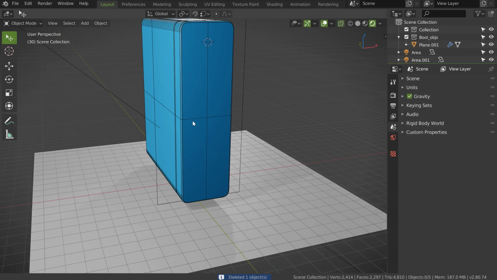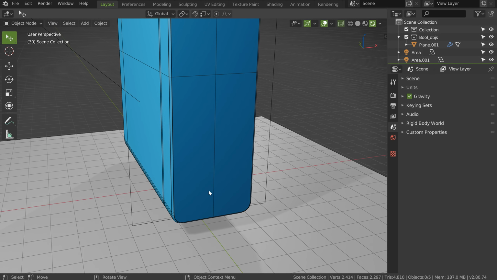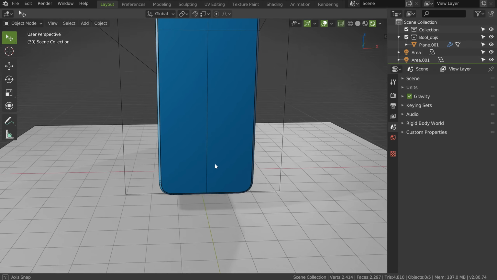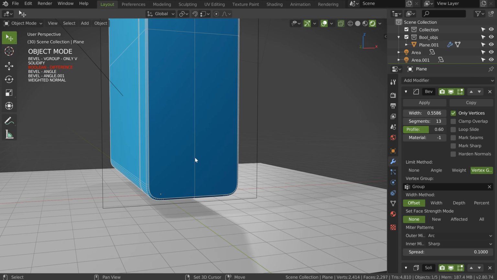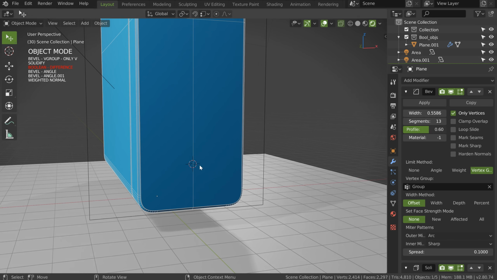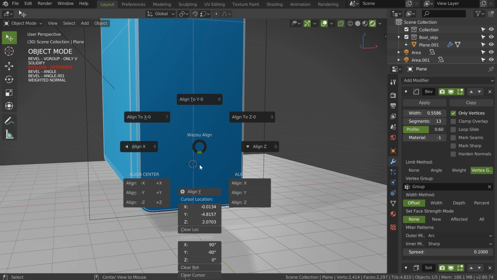Let's continue. What I will do is to create something here, a mouth. So I will use a workflow. I will select this object and I will click on Shift and RMB to place my cursor. If you select the cursor, you are in geometry mode, so be careful about that, or you can change it in the add-on preferences. What I will do is to move the cursor to place it correctly at the center,